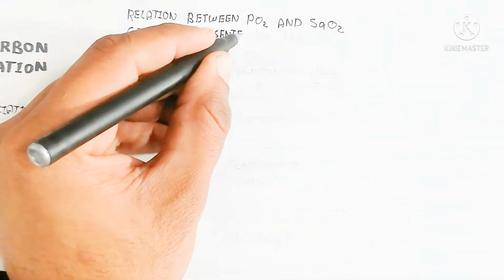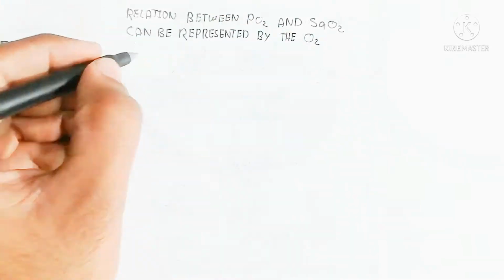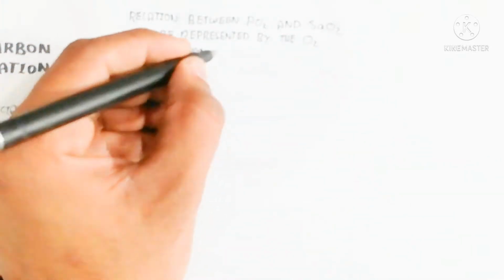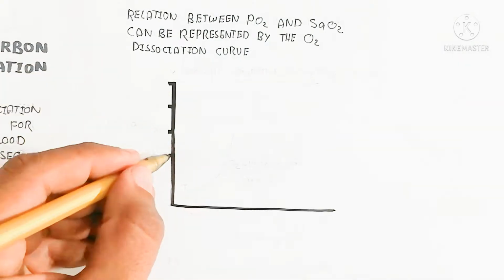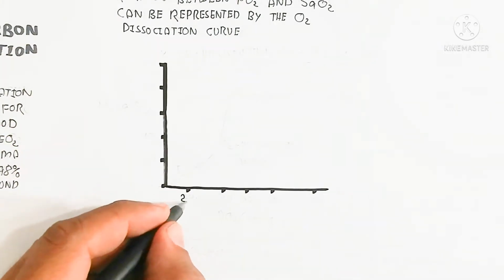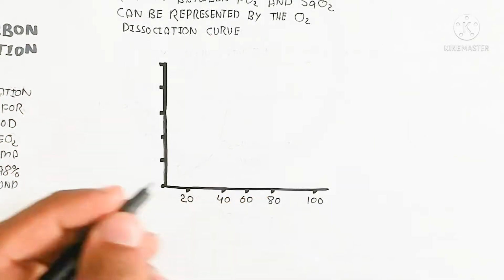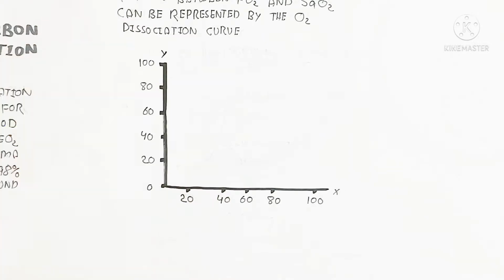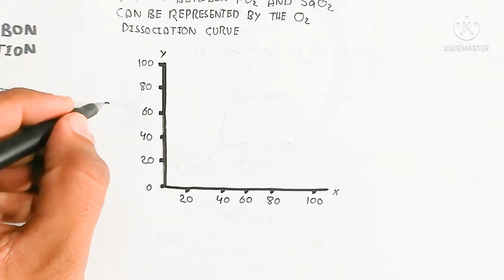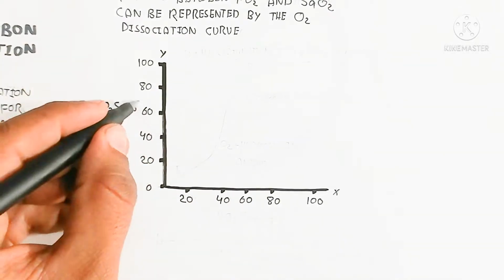The saturation means how many molecules of oxygen are trapped, in the form of a percentage, and it can be represented by the oxygen dissociation curve. Here we are understanding the oxygen dissociation curve. The horizontal axis shows the partial pressure of oxygen in millimeters of mercury, while the vertical axis shows